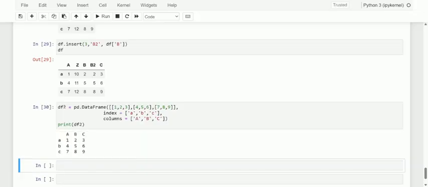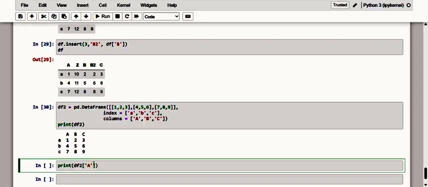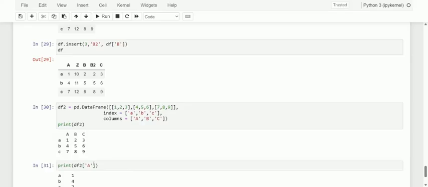We saw that with columns, we are privileged because we largely exploit the internal structure of the data frame, which provides the column as a series. Just call a column with the corresponding label to get a series. If you want to print df2 of a, kindly see this. This reality has been pushed into the syntax within the library to the point of considering the column as a real attribute.